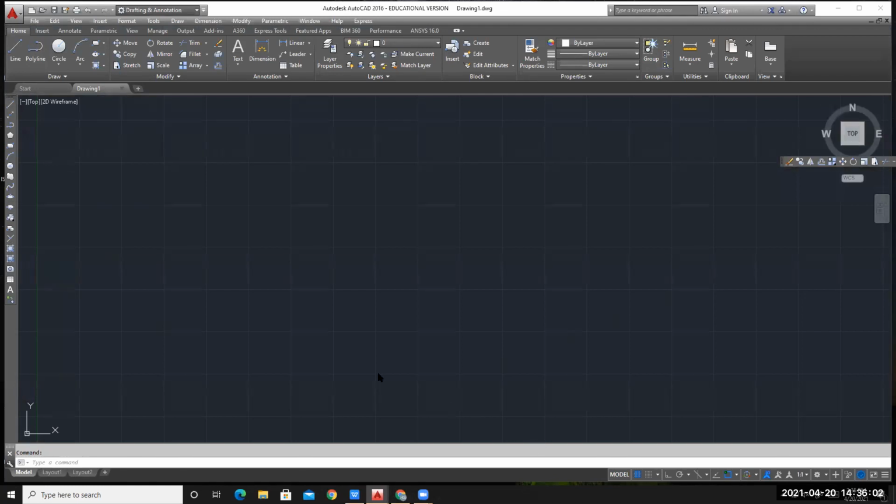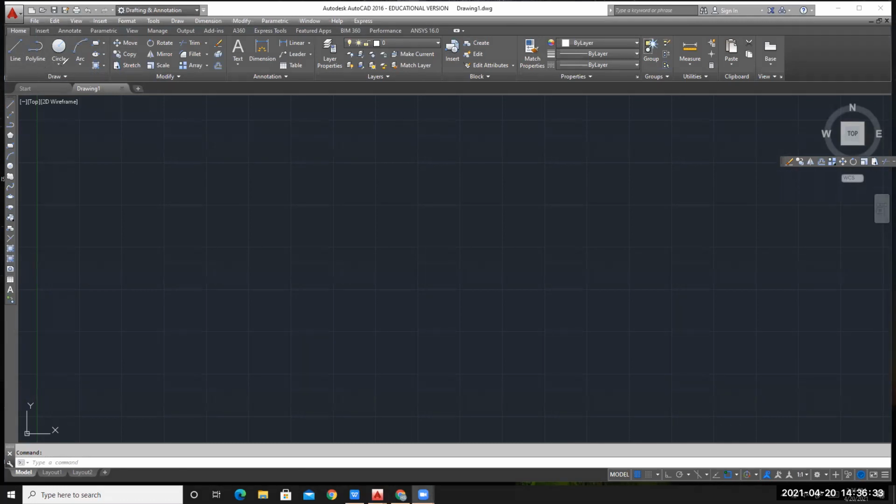Here on the top left corner, you can see a group of commands which is under the draw category, and next to that are your modify commands. So basically in AutoCAD, there are two types of commands that you can see here.